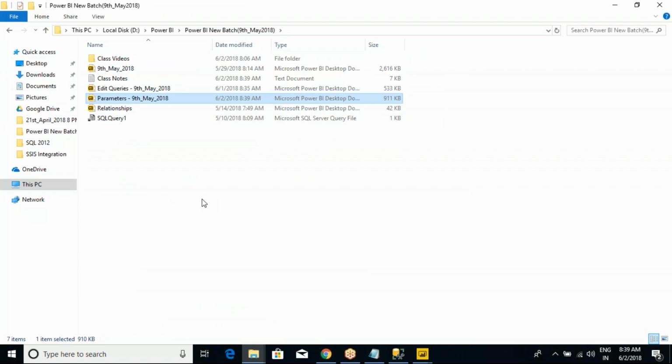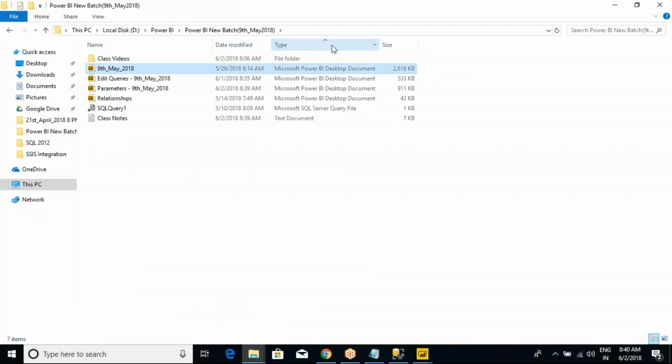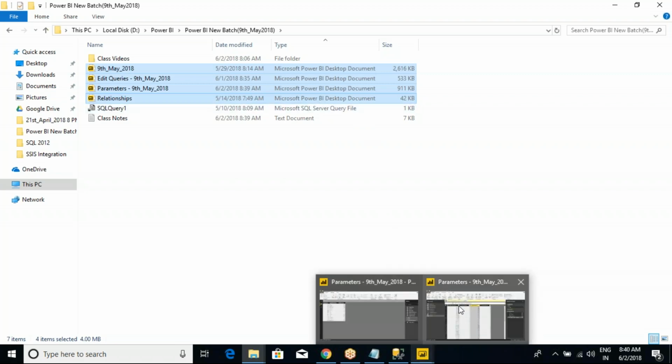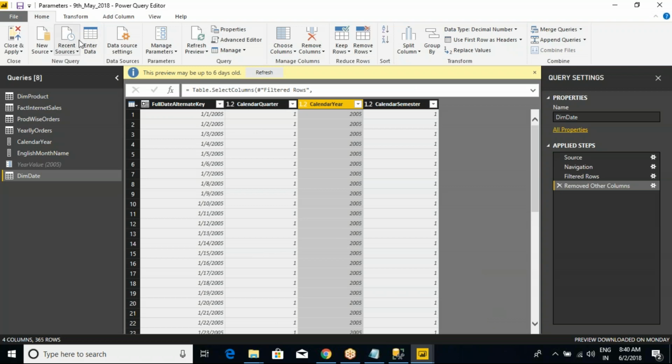As you can see, the same theme is there, and if you see the extension here, everything is a Microsoft Power BI desktop document. There is one more type here. Whenever we are saving the file, I don't know how many of you observed. Just to close this one,